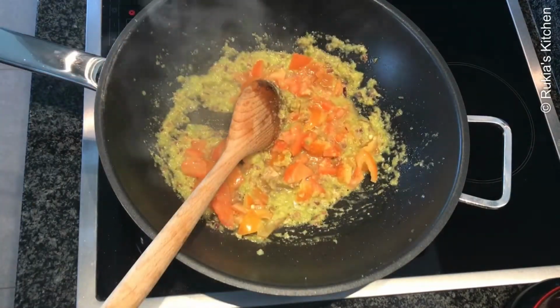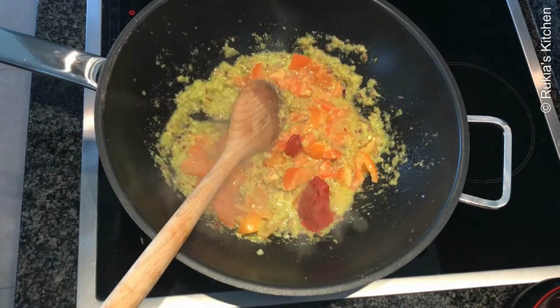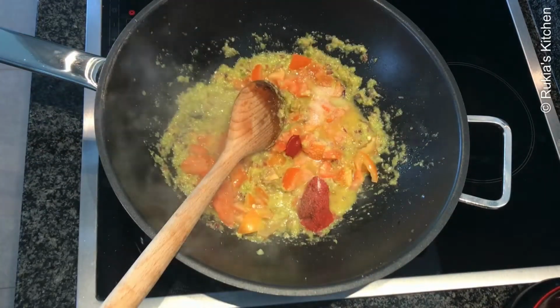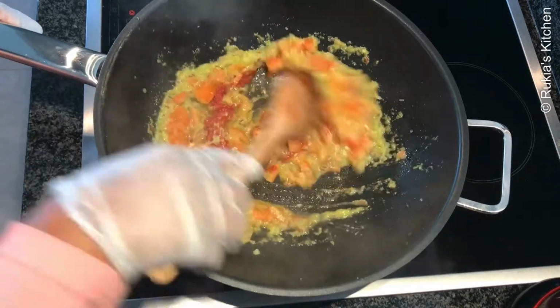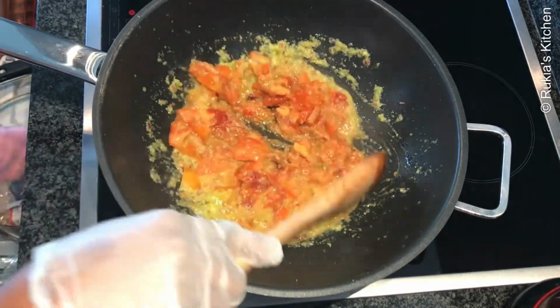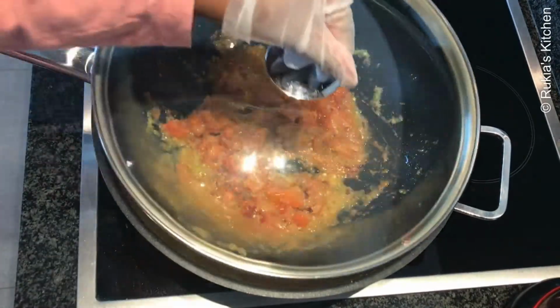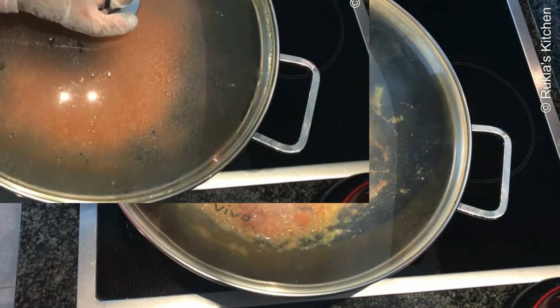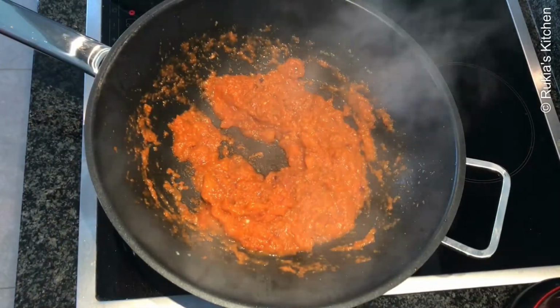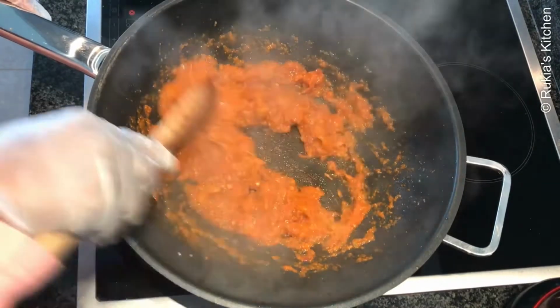Followed by 2 medium sliced tomatoes, 1 teaspoon of tomato paste and some salt to taste, and mix everything well, then cover to let the tomatoes cook till soft and juicy. Once the tomatoes are soft, open the lid and give a quick mix to make sure the tomatoes are